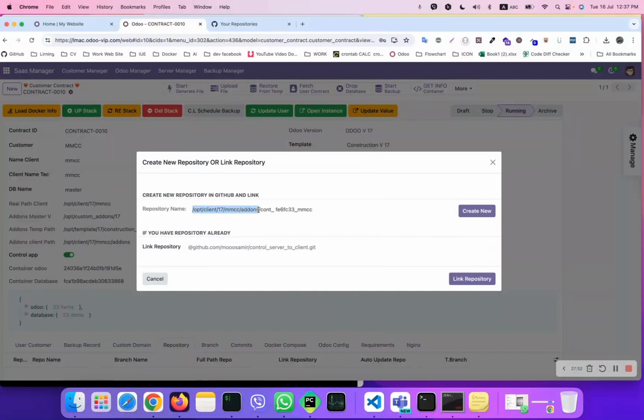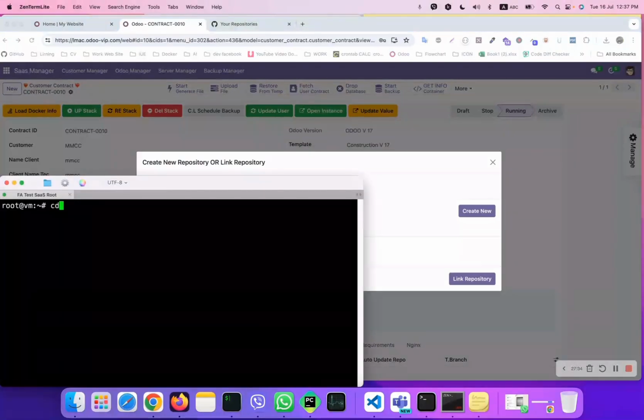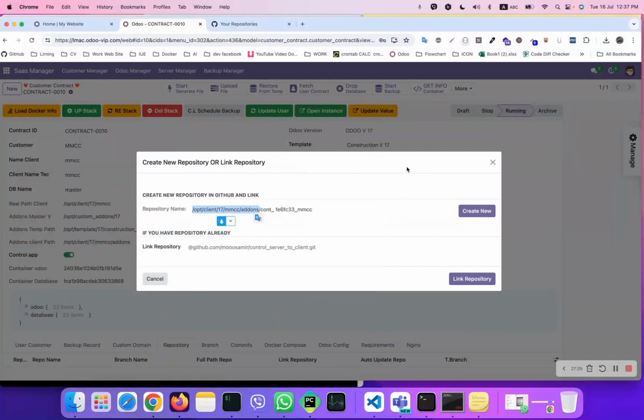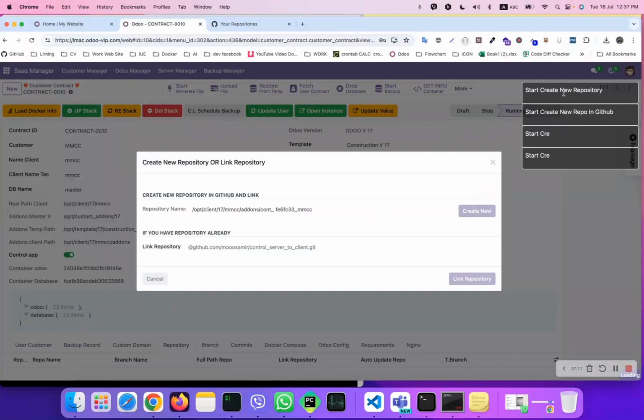Let's copy this path. This is for the restore location on the SaaS server. Let's go to SSH. As you can see, this path is empty. Let's go back to the user from here and create new. These are the notifications for the operations running in the background on the server. From here,